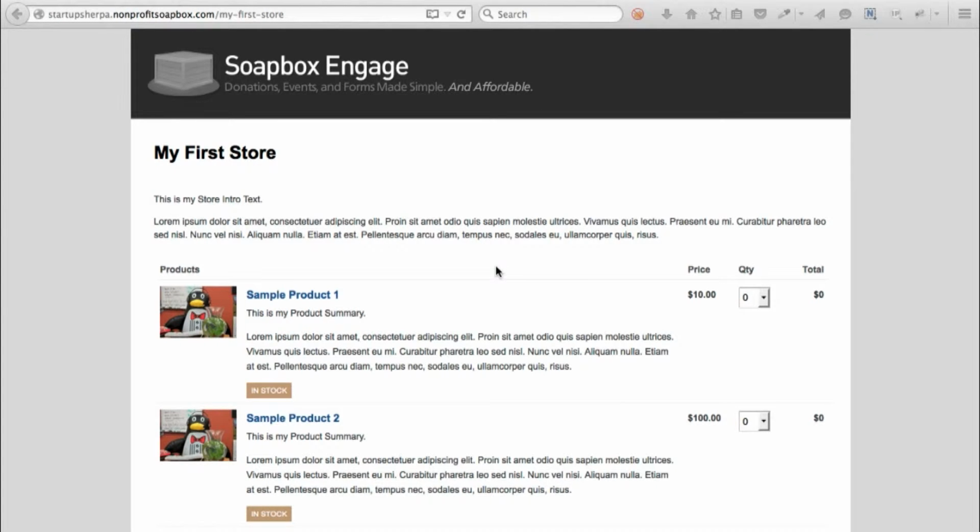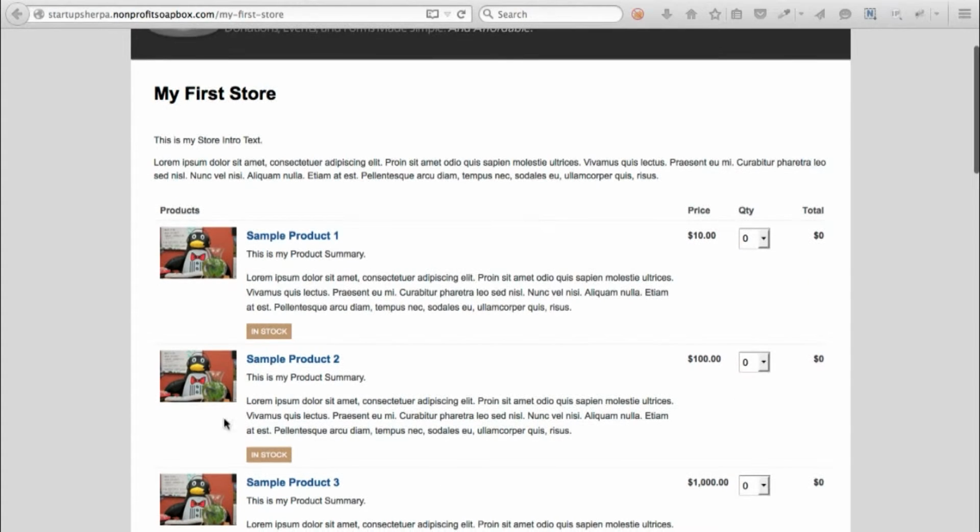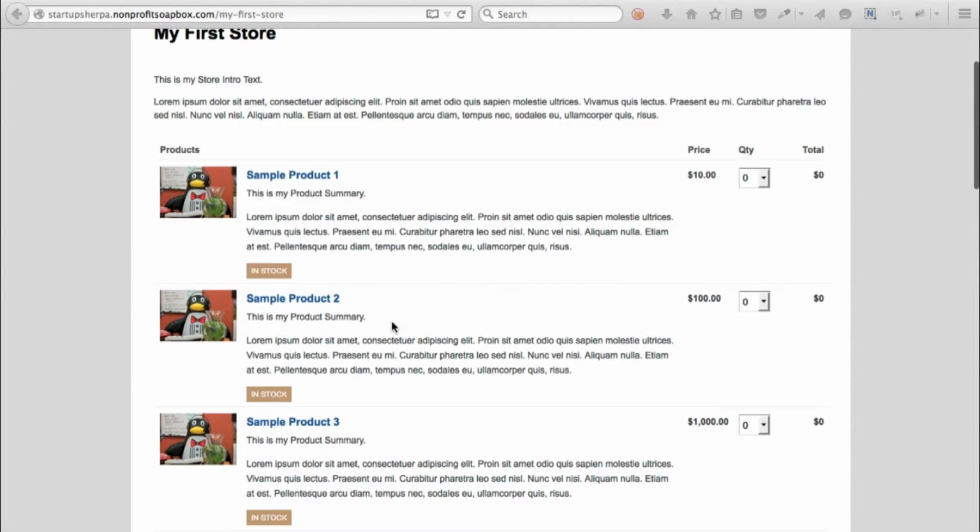All right, welcome to customizing your first store. What we're going to do is walk through the basics of how you can customize what shows up to your visitors when they view your first store that came with your Soapbox Engage account. What that will involve is customizing the store elements themselves, as well as the products that appear here in this